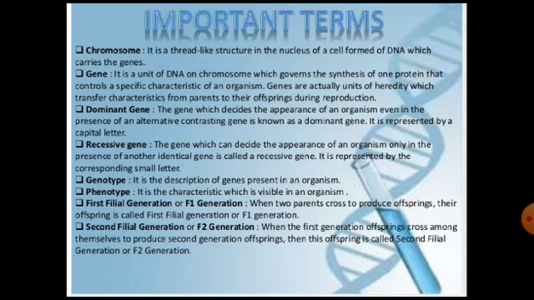The next term is genotype. Genotype is actually the description of genes present in an organism. What sort of genes are present in an organism? Which one is dominant? Which one is recessive? The complete information about the genic composition of an organism is known as its genotype, while the phenotype is